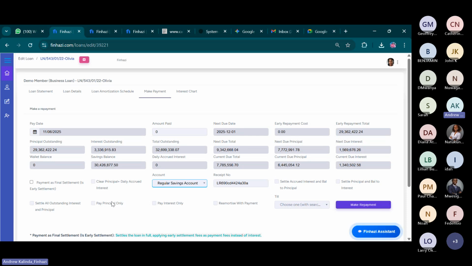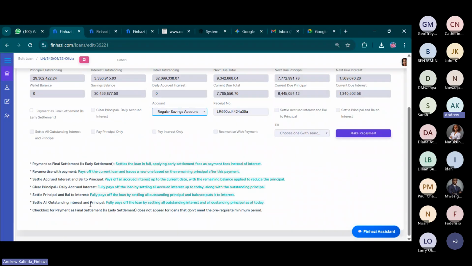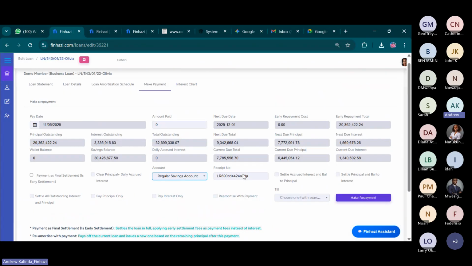There are these other variations that you can work with also. I told you you're making a payment as final settlement, if you want to clear principal and daily accrued. So there are explanations for each. But for every repayment also that you put in, it will also go for approval. So yes,